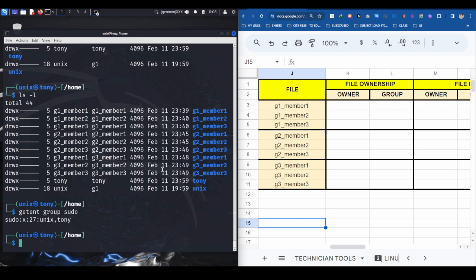The command tells us the available users that are super users. So we have Unix and Tony. Okay, so it means that these two users have sudo permission. As you can see, as I told you a while ago,